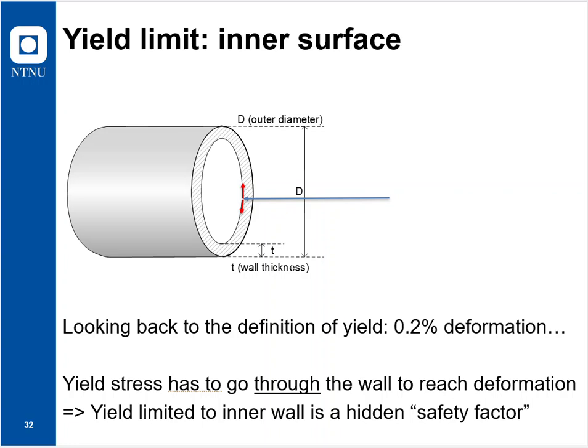However, when you look at yield, which is 0.2% deformation, will that occur on the inside surface of the pipe only? I had serious doubts that this is actually realistic. And what will happen if you reach 0.2% yield on the inside surface, and then you relax it? Absolutely nothing will happen. That's what I understood at some point, and I discussed this